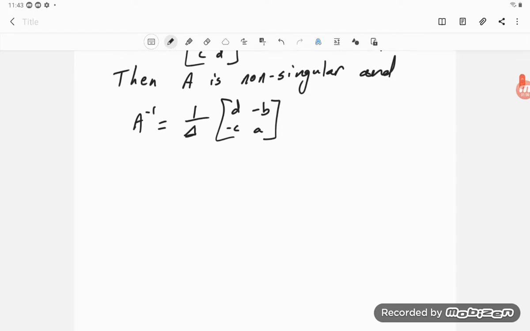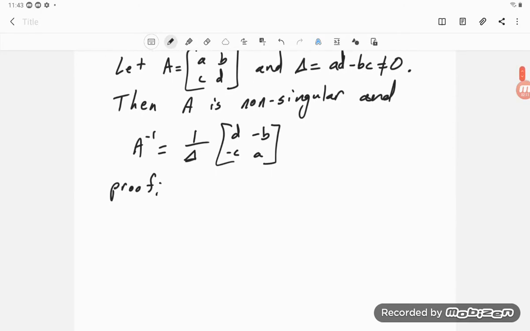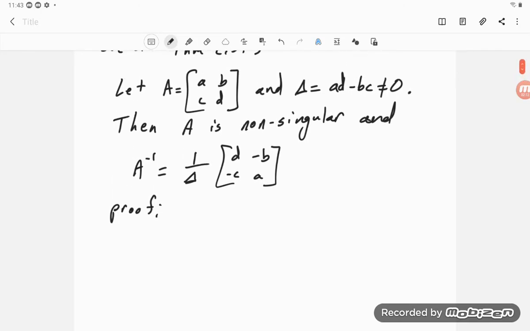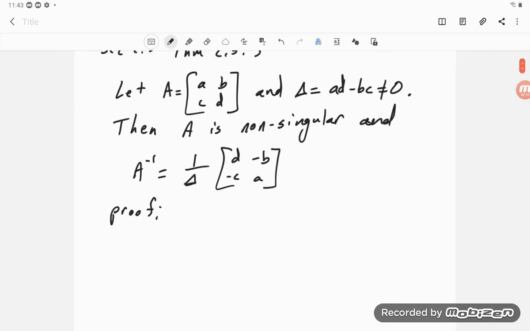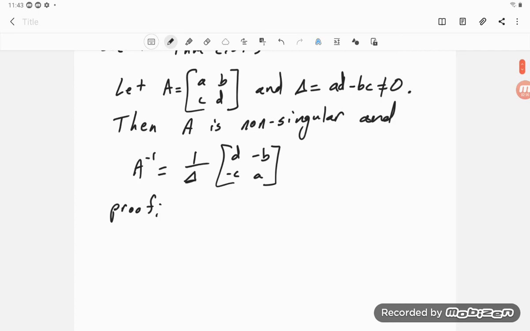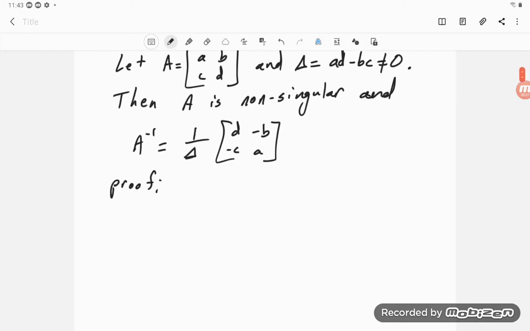And so in our proof, to do this proof, we can simply multiply by our candidate A inverse and show that we get the identity. Okay, so let's try A inverse times A,